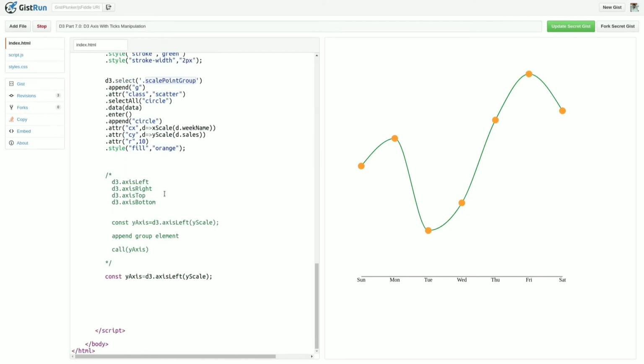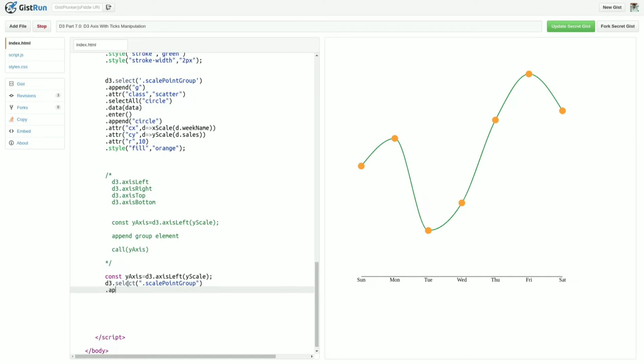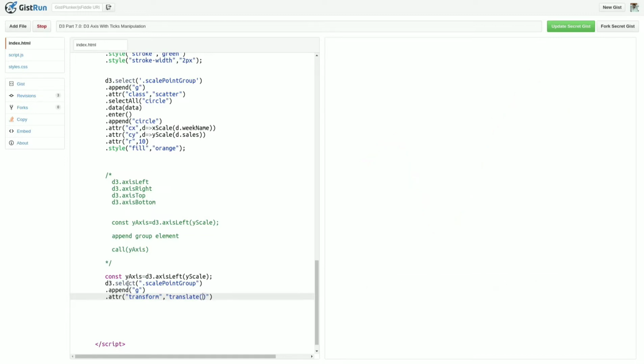In my code, what will I do? d3.select the scale point group, dot append a group element, dot attr transform, translate.